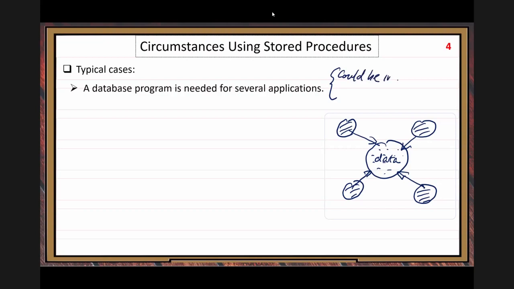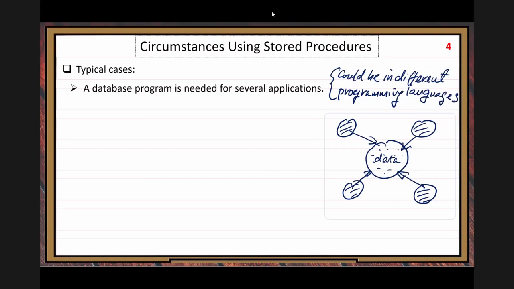in different programming languages. Think about that. That's also very, very common.